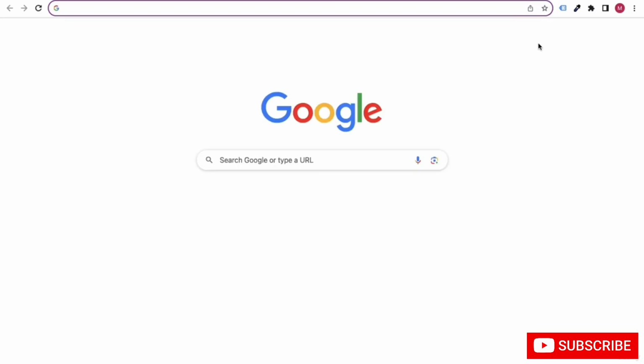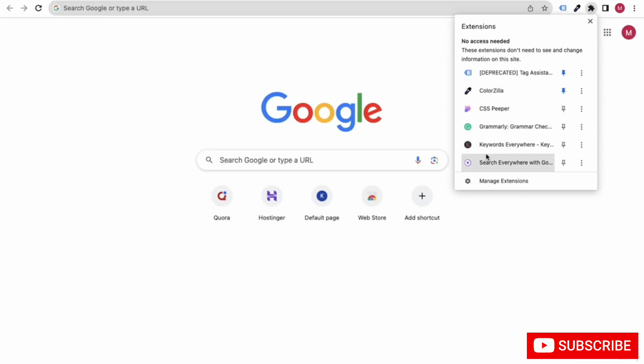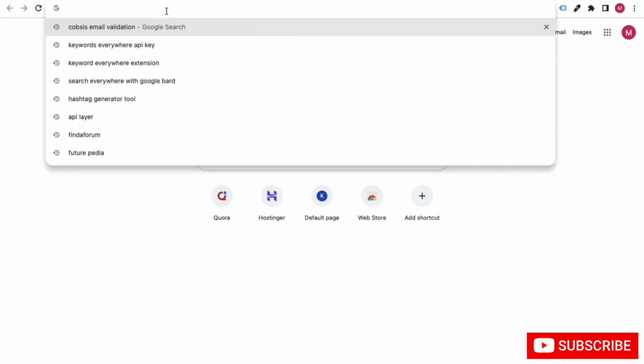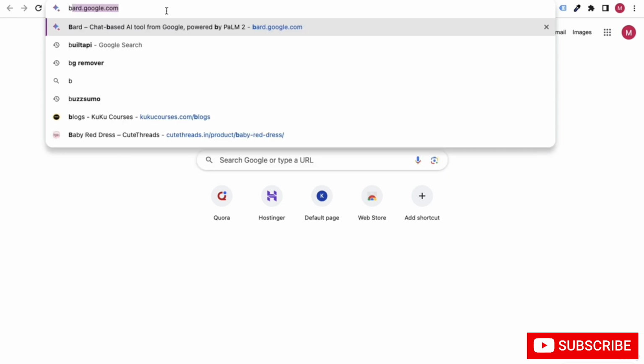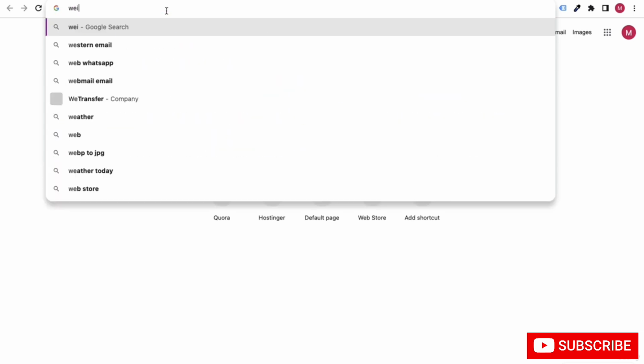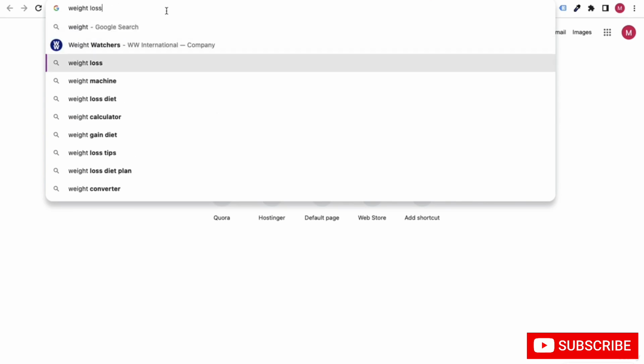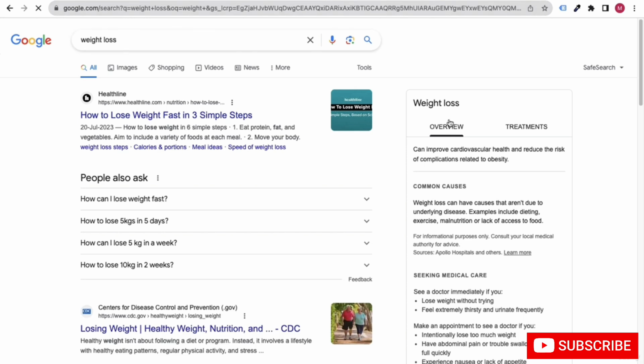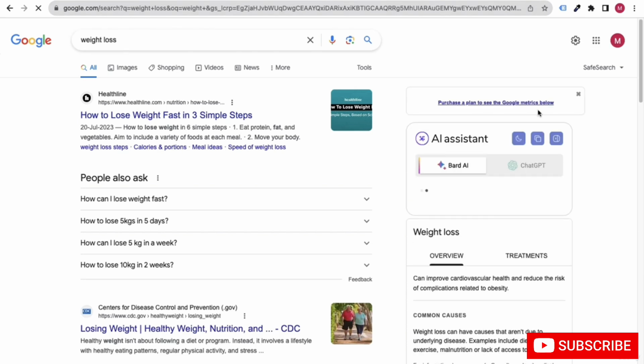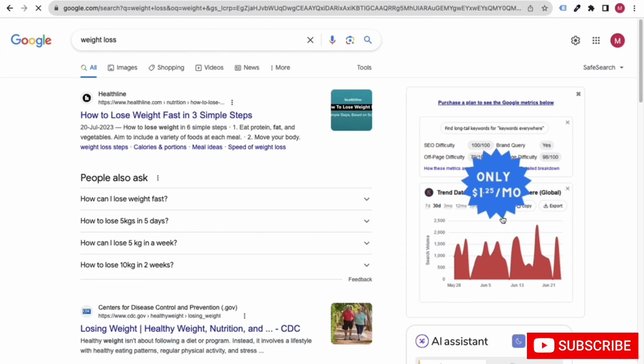So basically, here we are using this Chrome extension Keywords Everywhere. That means if I search for, let's say, weight loss, you will see Keywords Everywhere show up here.